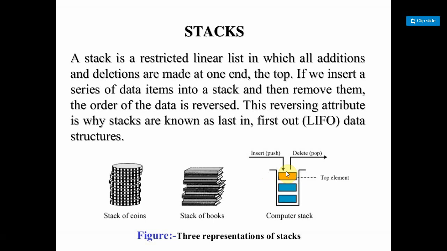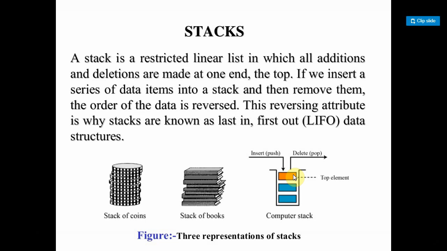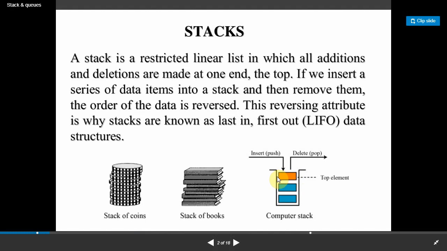Now in this box I inserted three items. I entered the first one, then the second, and then the third, in this order. Now I want to perform a delete operation, meaning I want to remove the items. First I have to remove the top one. There is no other option. If you want to remove the second one, you cannot remove it directly because the top item is there. First you have to remove the top one, and after removing the top two items, then you can remove the third item.